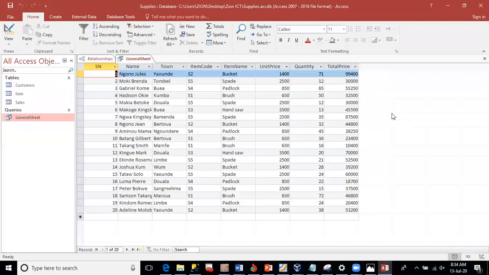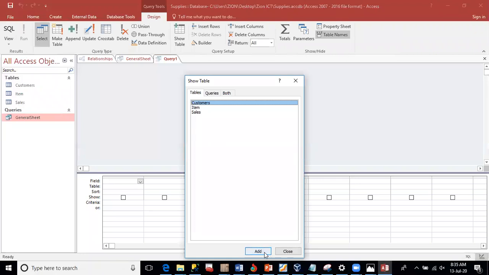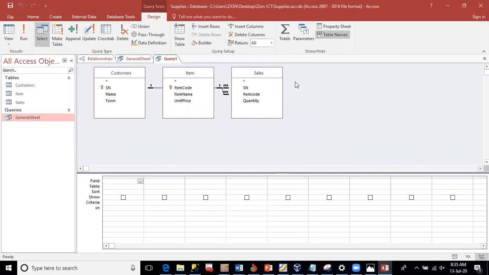8. Create a query to display items bought by inhabitants of Limbe, Yaoundé, and Douala, where the number of items is less than 45. Another query to be done. Create query design. Let's bring our 3 tables. Okay, here we need to display